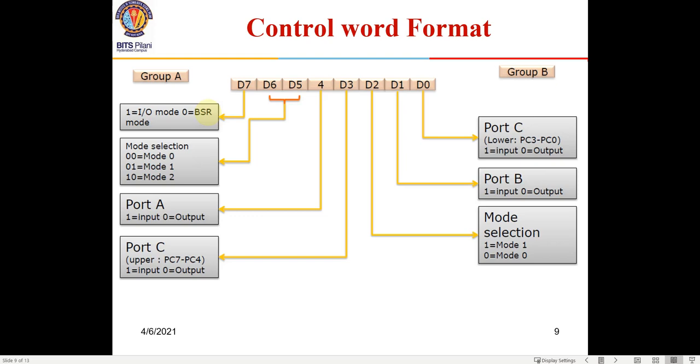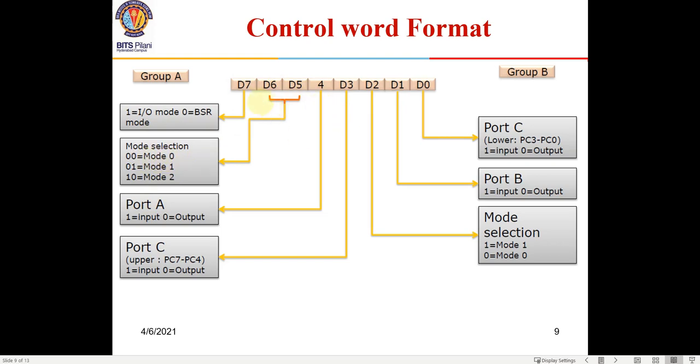That means in port C, instead of connecting an input output port with an 8-bit data line, you can connect single bit input output ports to port C. We will see that subsequently. Right now we will focus on the 8-bit ports. That is, when we give this particular pin as 1, it will work as input output mode. And these two pins, D5 and D6, if you give 0 0, then port A is going to work in